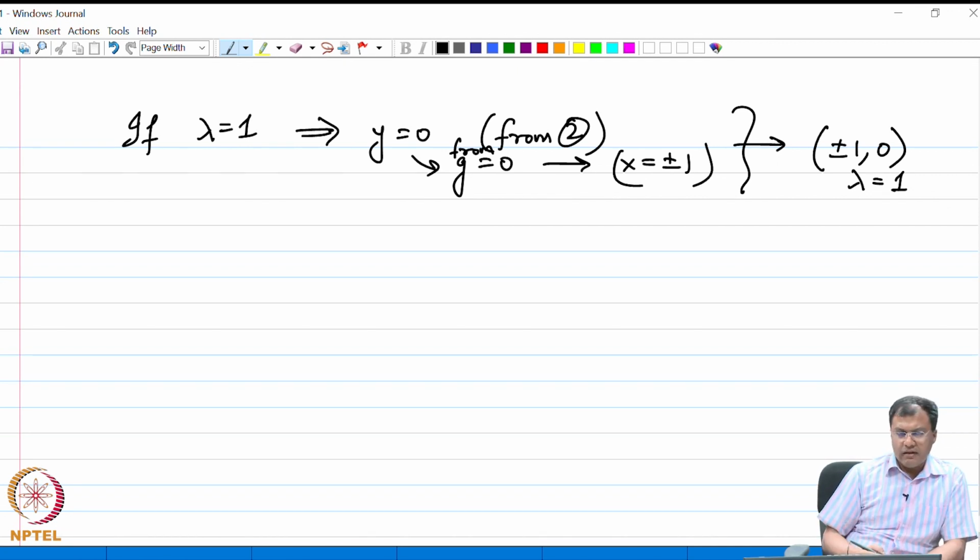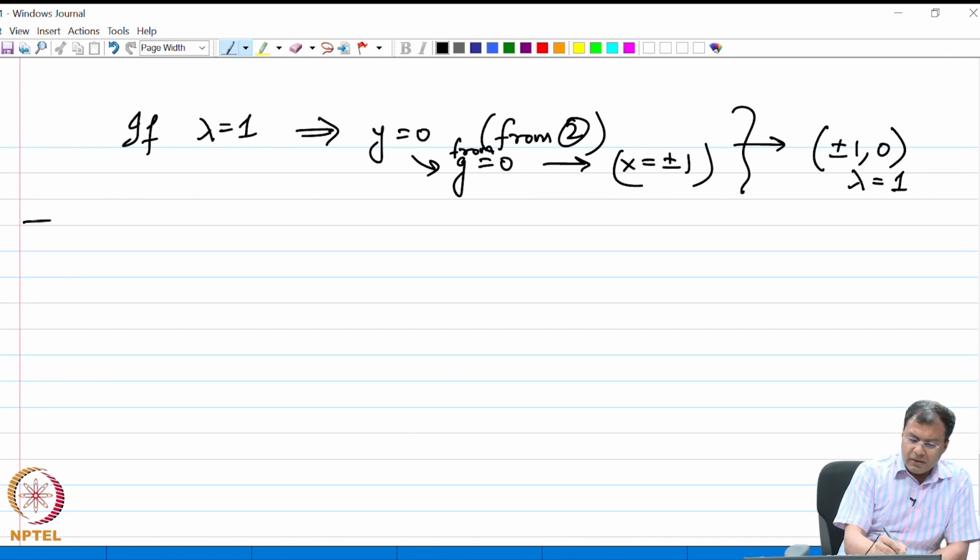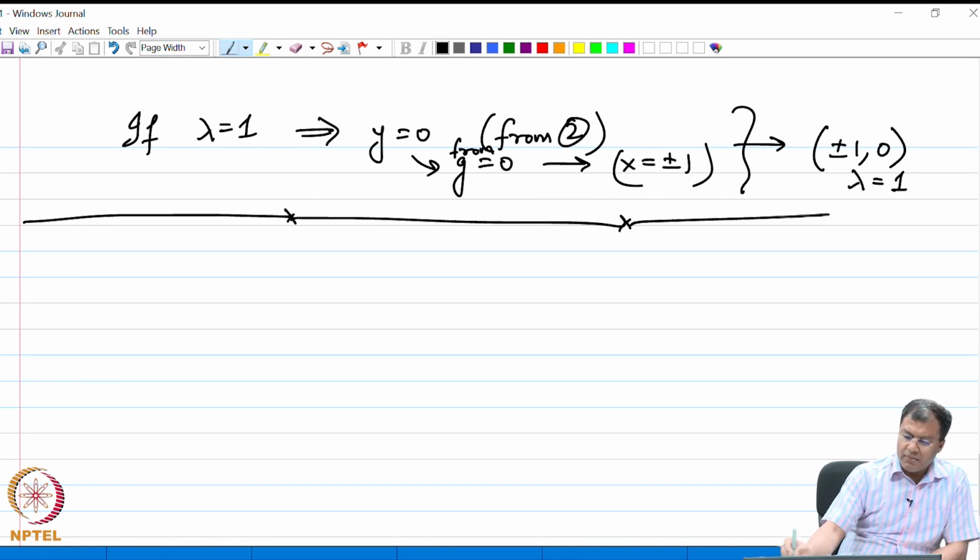Okay. So, this example clearly highlights the applicability of the Lagrange multiplier method, right. Then let us now state this result of Lagrange multiplier in the form of a theorem that we are going to use frequently. By the way, the Lagrange multiplier method can be extended to higher dimensions, right.